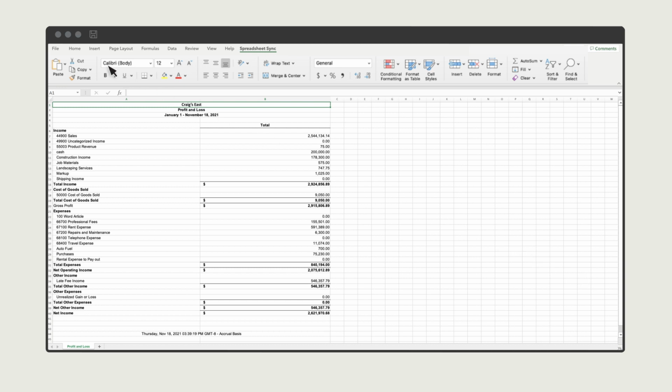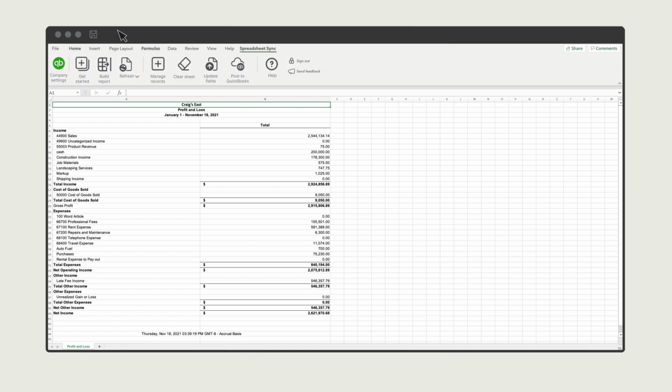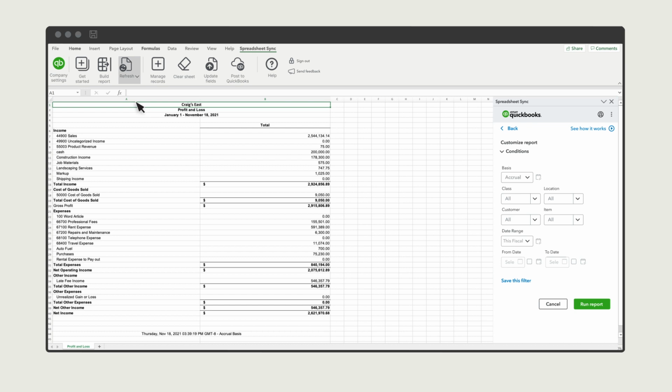Now that the report is in Excel, you can work with it like any other sheet in Excel. Select the different tab, and you can insert graphs, build pivot tables to orient your data in different ways, and add formulas. Also, you can save the Excel sheet, then at a later date, to update the report's data, select Refresh Current Sheet to get the latest info from QuickBooks.